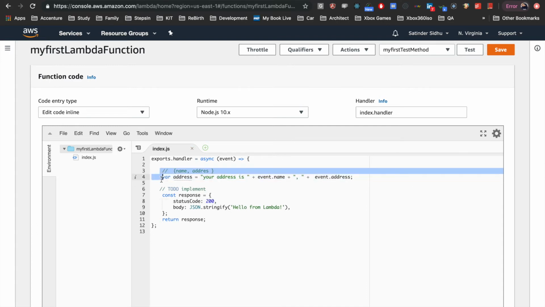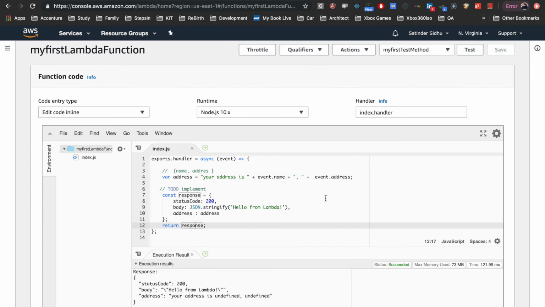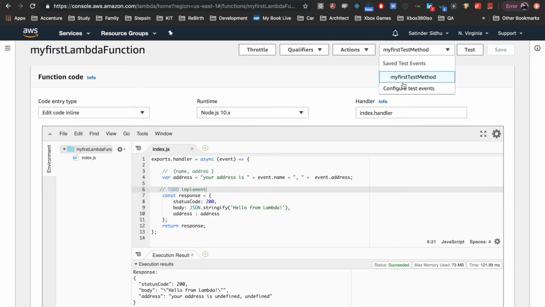Now we did some manipulation with the incoming data, and now we want to return this processed data back in the form of a response. So I can add another property which will take that data back to the method. So let me save it and let's test it. So let's see what result we got. We got another JSON property, address, which contains "your address is undefined"